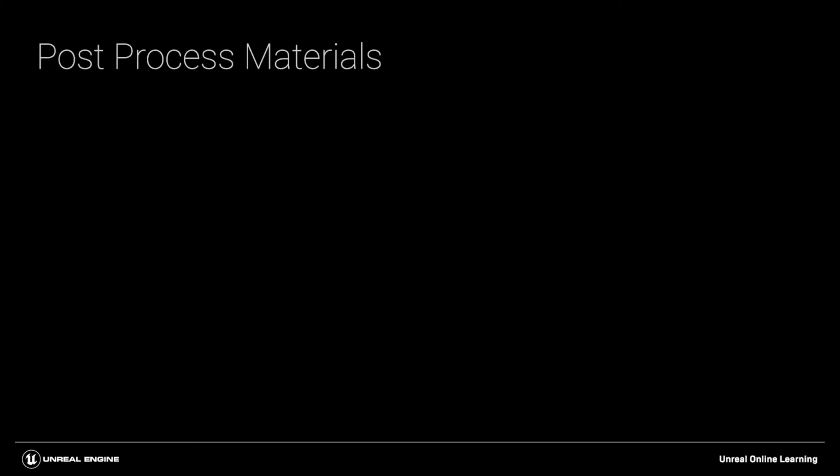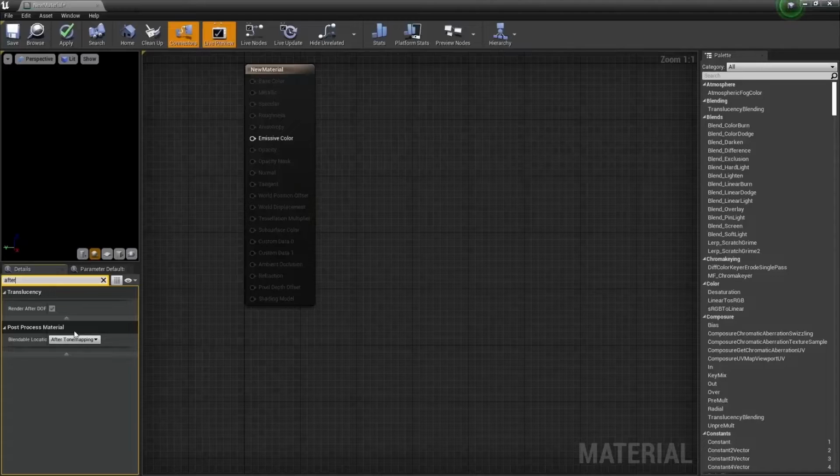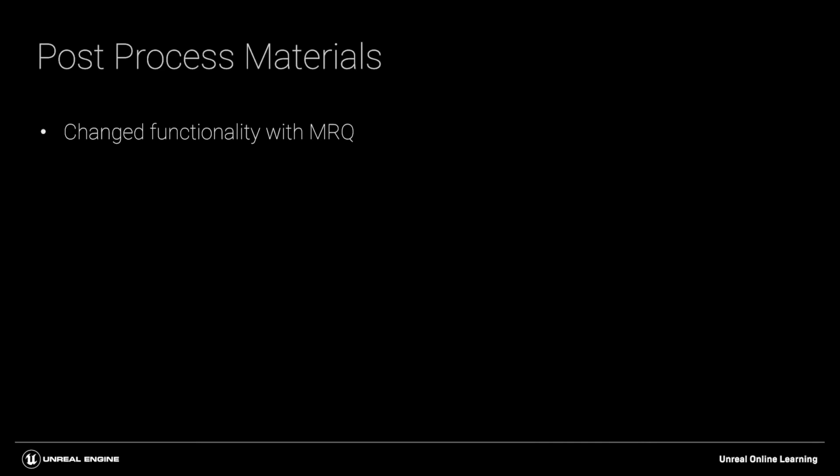So if you are using a post-process material to change the look of your scene, then it is very important to be aware of changed functionality. If your post-process material is set to after tone mapping, then the input data may be very different than you expect. So previously in the viewport, using the older sequencer renderer, the incoming data was always in sRGB space. But the movie render queue will always provide data in linear space, even if an sRGB curve is later applied